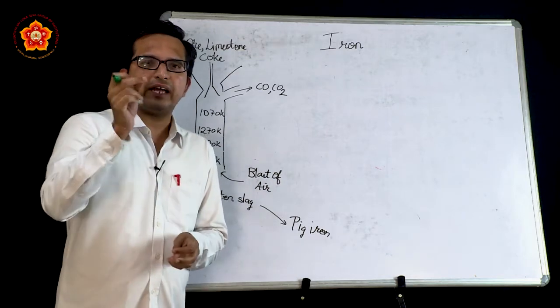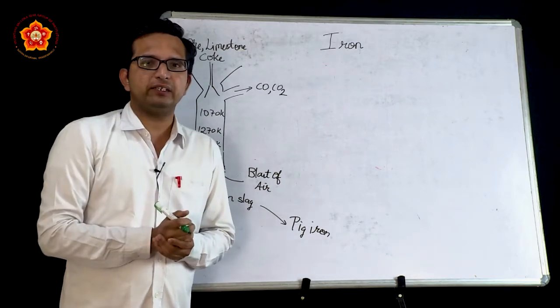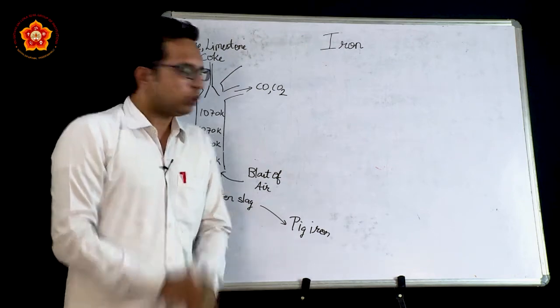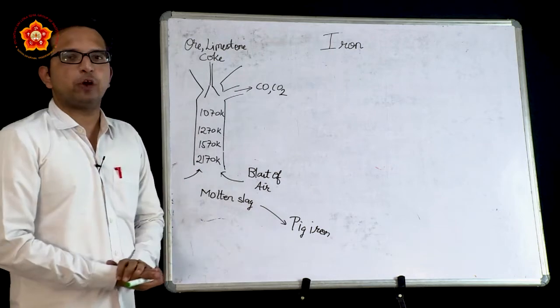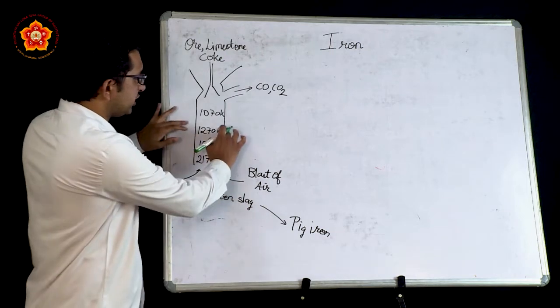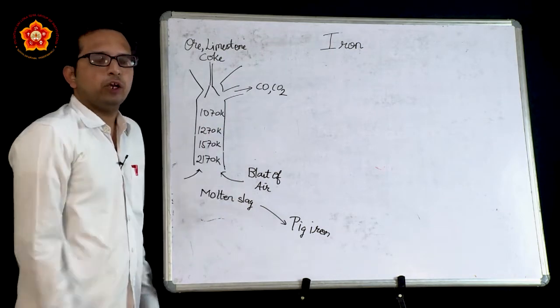Having seen the application of the Ellingham diagram and also the application of thermodynamics in metallurgy, we will now study certain extractions of particular metals like iron. So this is the general setup of the iron metallurgical process that we undertake, called a blast furnace. Now what is a blast furnace?